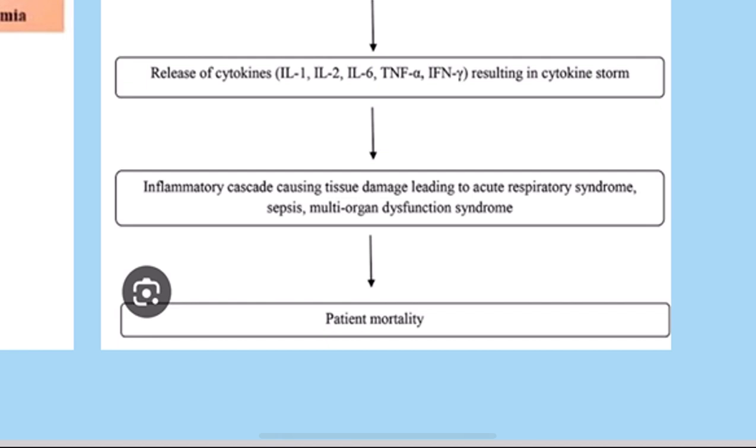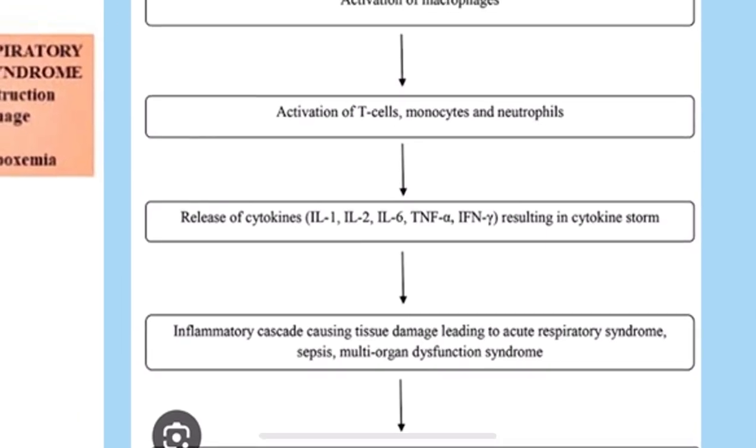So what is sepsis? Sepsis is when the body's inflammatory response to an infection is uncontrolled and has started to spread throughout the body. This is happening here because the pro-inflammatory response is very excessive. Since it is excessive, it causes organ dysfunctions, collateral damage, and then multi-organ dysfunction syndrome, and the patient dies. Is it very clear now to you?